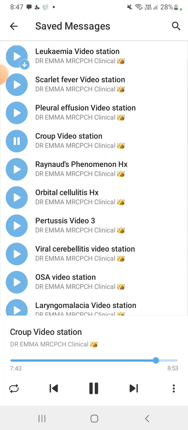For severe croup, what can we do? Keep the child calm first, then give high flow oxygen via mask or reservoir. Admit the child if it continues more than 3 hours. We first try 150 microgram per kg oral dexamethasone or nebulized budesonide, then nebulized adrenaline to relieve the symptoms. If no response, I will consult my pediatrician on call, the pediatric anesthetist, and ENT, and transfer to the PICU.